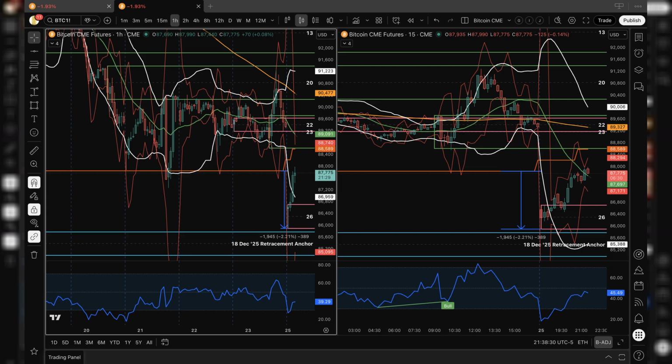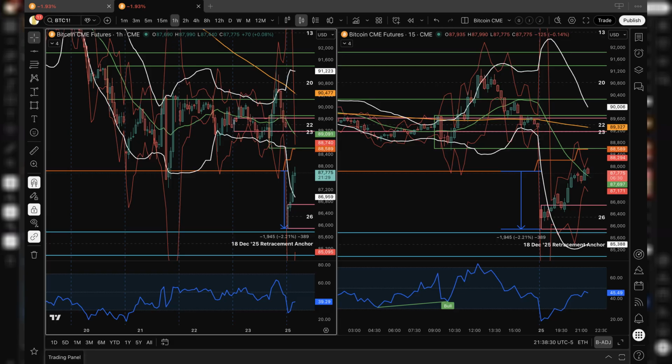Throughout this interaction, the price did not establish sustained structure above the weekly 120 moving average. It also did not reject it decisively. Instead, price remained in proximity, continuing to test the area without committing. If this interaction fails, the next structural question is not directional. It is sequential. If price fails at the weekly 120 moving average but remains above the Asia session anchor high, then the market remains structurally compressed.